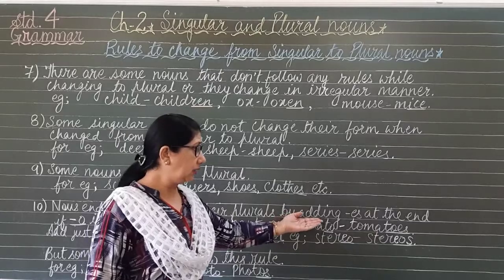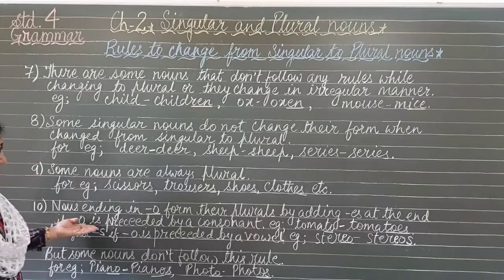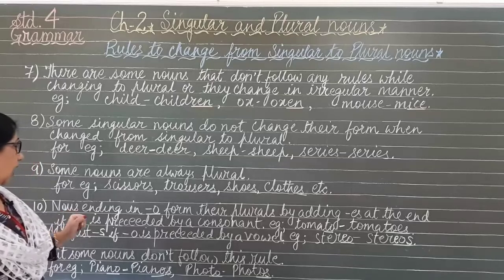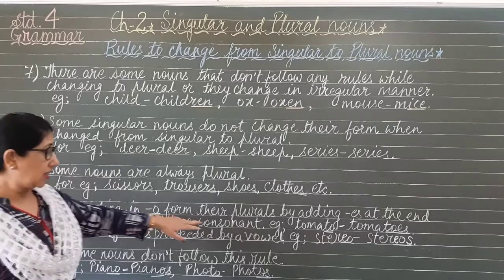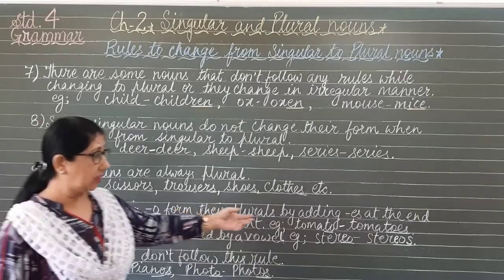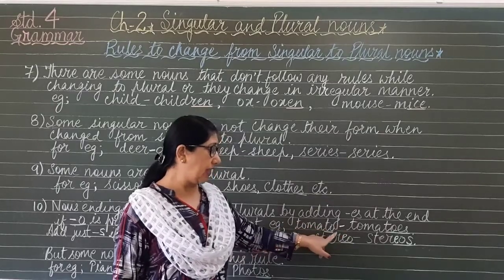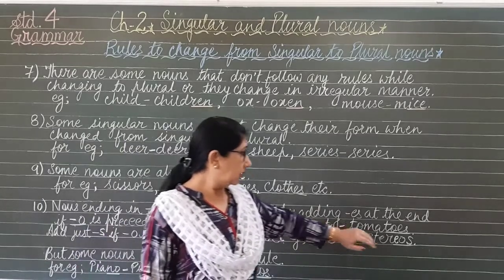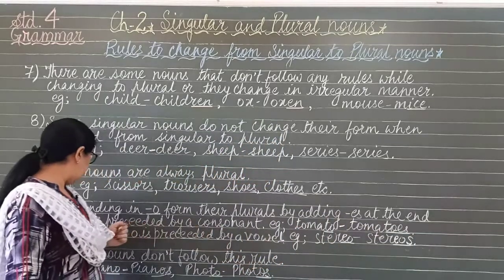And our last rule is: nouns ending in O form their plurals by adding es at the end. Okay, if o is preceded by a consonant, क्या बोला है यहाँ पर कि ऐसे nouns जो o पे फिनिश होते हैं बट उनके लास्ट लेटर यानी ओ से पहले कोई कॉन्सोनेंट लेटर होना चाहिए, तो हम क्या करते हैं उसके एंड में ई एस ऐड कर देते हैं। फॉर एग्जाम्पल टोमेटो, टोमेटो में लास्ट लेटर इज ओ प्रिसीडेड बाय अ कॉन्सोनेंट, ओके, सो इट विल बी रिटन एज टोमेटोज व्हेन कन्वर्टेड टू प्लूरल, ओके।